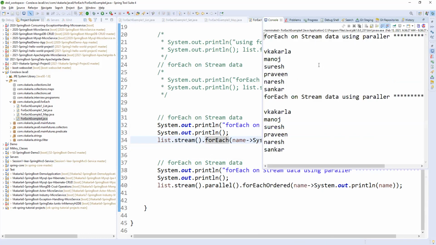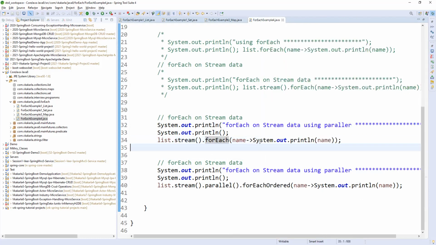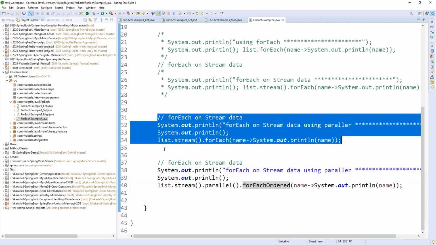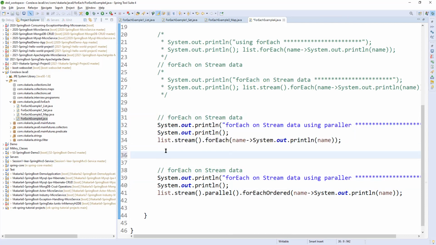If you run here, see, V Kakarla, Manoj, Suresh, Naresh, the same order we are getting. So the parallel stream for each method does not guarantee order, and you can get the order by using the forEachOrdered method.